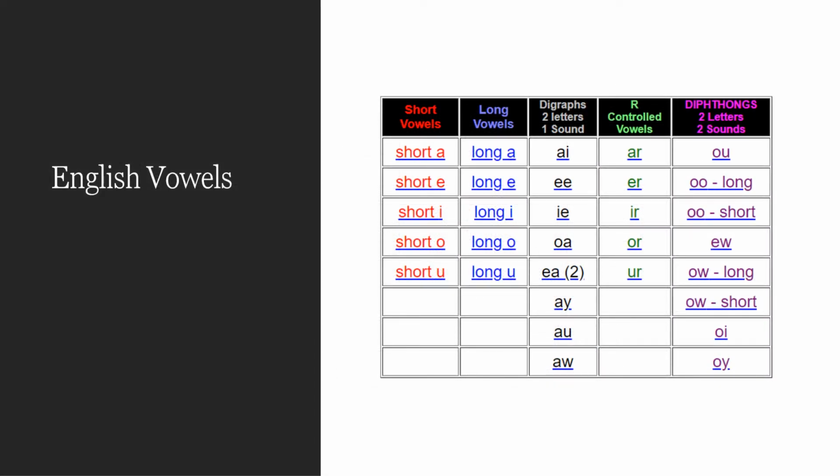The vowels are perhaps even more confusing. We have short vowels, we have long vowels. You might have thought that's all we have. No, we have digraphs that are two letters that make one sound. We have R-controlled vowels, and we have diphthongs that are two letters that make two sounds that kind of glide together. So we have a great variety of vowel sounds, and they are made just by changing the shape of